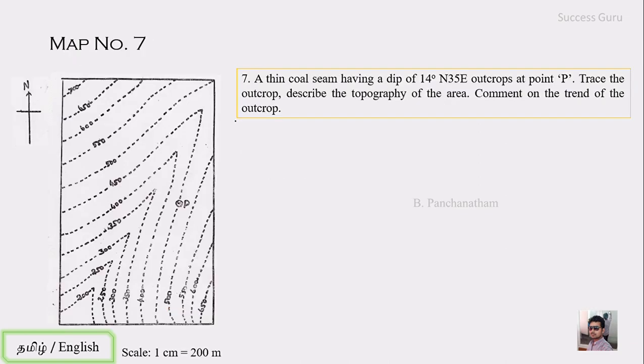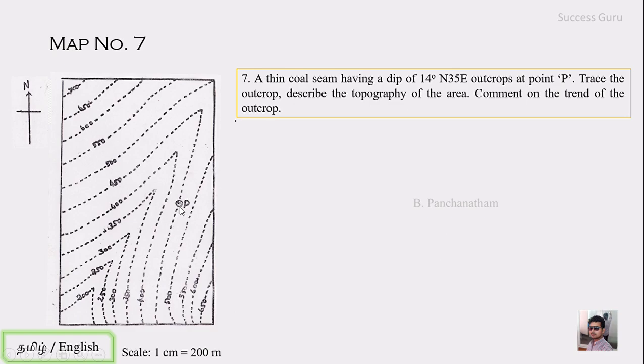Okay, so here is the question: a thin coal seam having a dip of 14° north 35 east, outcrops at point P. Trace the outcrop, describe the topography of the area, comment on the trend of the outcrop. So this is the question, and you can see in the left hand side there is a northern arrow which is used for the reference of the direction, and here is the contoured map, and here is the point P